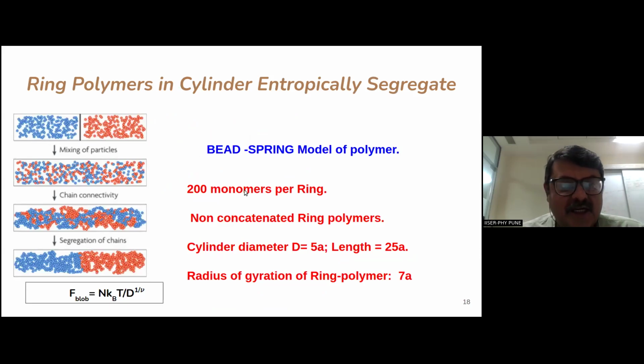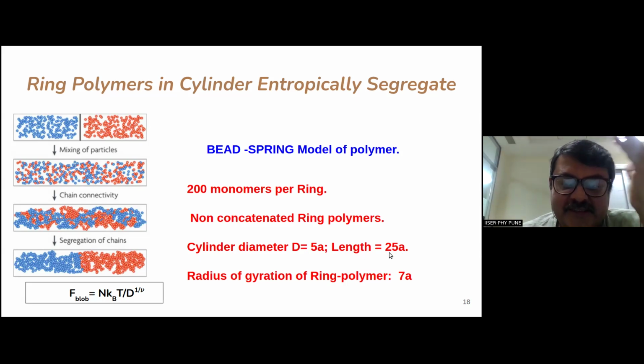So these are some details. We took essentially 200 monomers, 200 beads per ring. We ensured that they were non-concatenated ring polymers. The cylinder diameter was 5A and length was 25A, a 1:5 ratio. And this is important because later, when we extend this work to bacterial chromosomes, we shall maintain